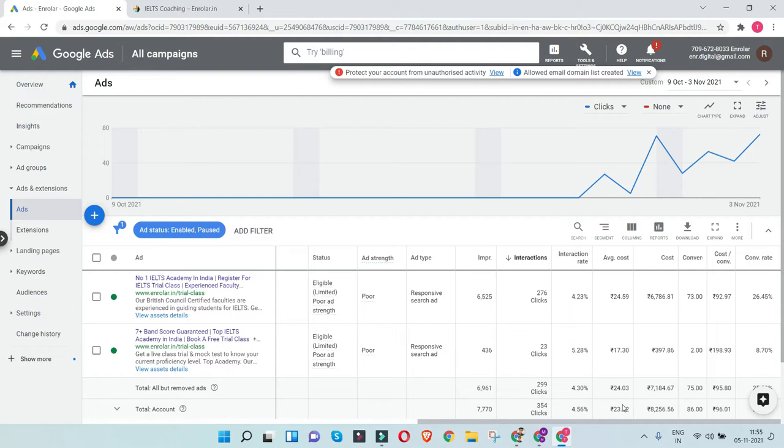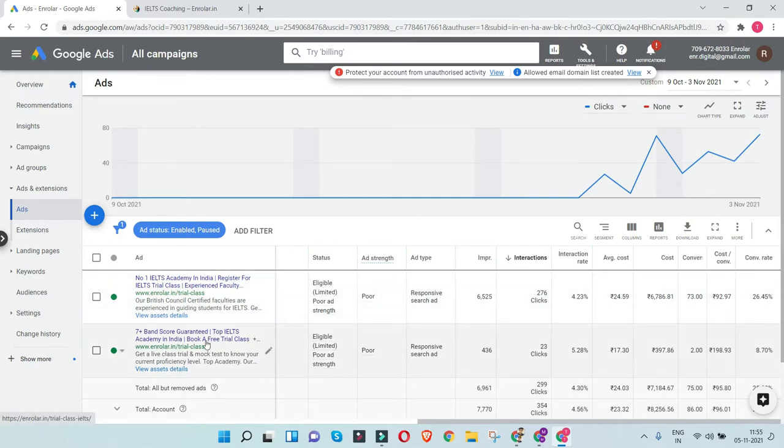Whatever the goal is, the goal of this ad can be making a web visit, or let's say making a lead form fill up. So are they actually converting into your goal? That is also something that you need to take care of. So just have a look at the conversion rate and interactions, and you can quickly compare the different ads and try to understand what exactly motivated the users in ad 1 to convert and not in ad 2.